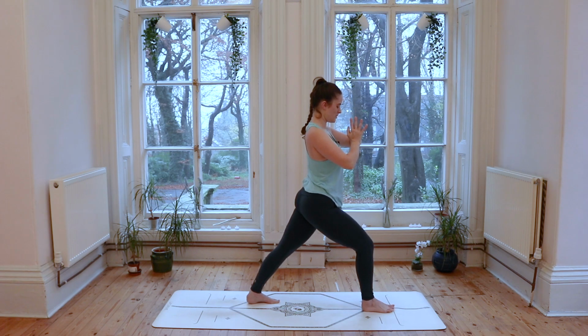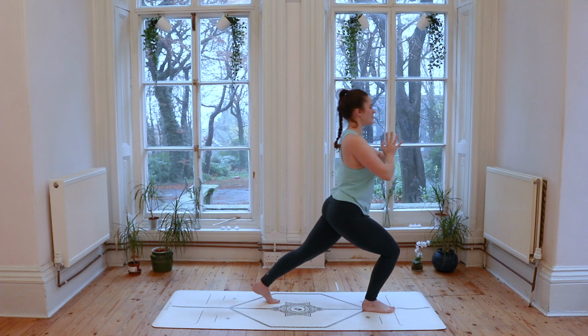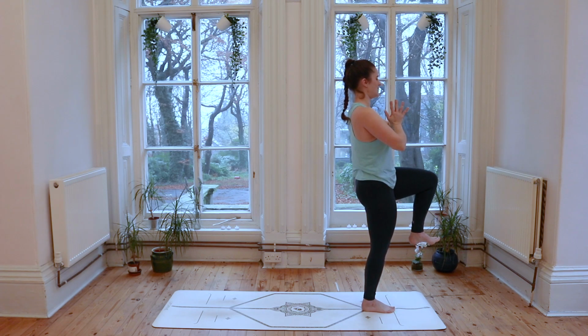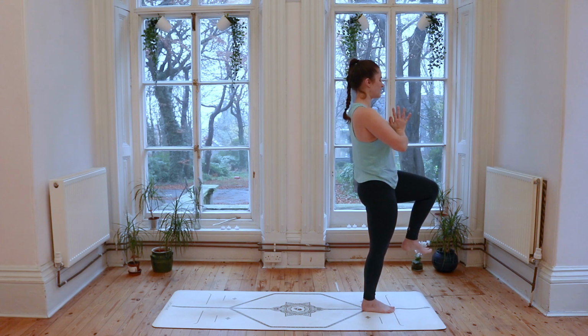Thinking about pushing the weight forwards towards your right foot. We're taking a big step up, pushing the weight into the right foot and coming to stand up, bringing the left knee in front of the chest. Really nice, guys. Find your stability here, straight away just allowing your attention to rest on a point that isn't moving, either on the wall in front of you or on the ground, just anywhere that your attention can rest